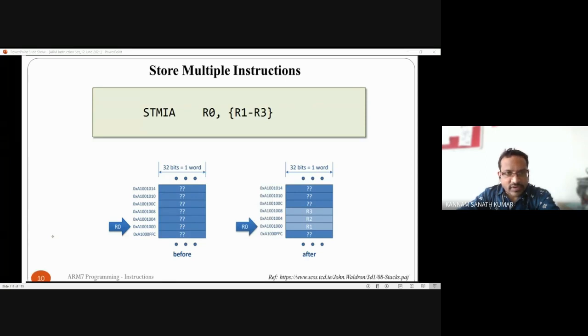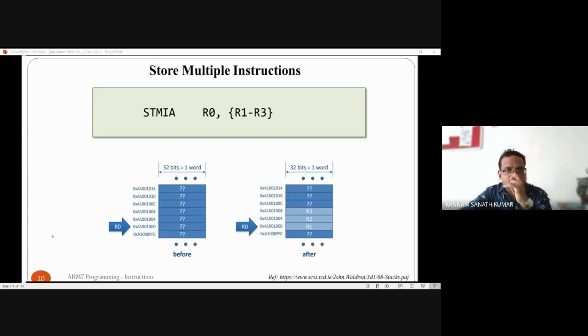Full ascending stack is equivalent to increment before. Empty descending stack means decrement after, and empty ascending stack means increment after. So when programming, the designer will understand that full descending is nothing but decrement before.